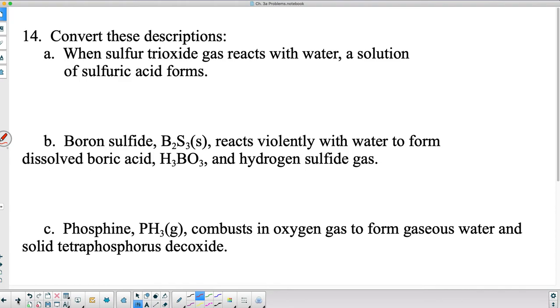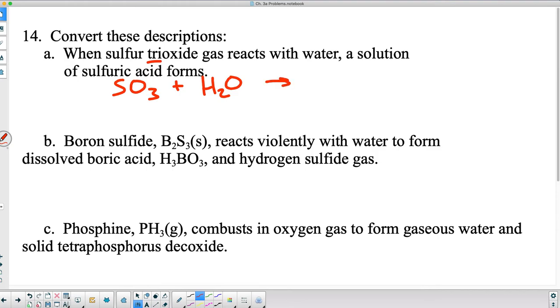So convert these descriptions. When sulfur trioxide gas reacts with water, there's everything. These are my reactants. Sulfur trioxide gas. Now this is a prefix. The tri tells me it's a prefix. Plus reacts with water,